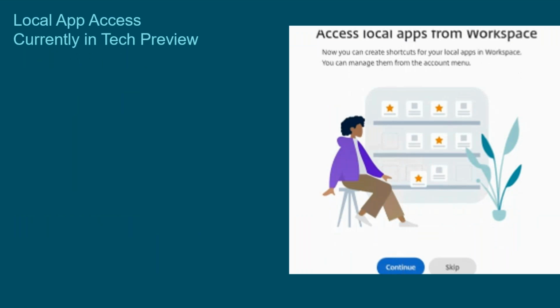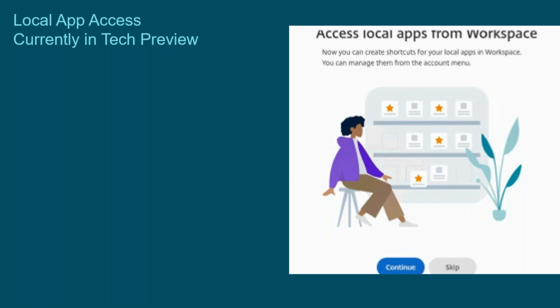Okay, great stuff. So finally, jumping across to talk about local app access. Local app access is currently in tech preview, and I think it's something that's really cool. It's one of my favorites that's come out over the last 3 to 6 months. It gives us the ability to pull applications installed on the physical machine into the Citrix workspace. That way our end users are able to truly consume all their resources through that single pane of glass, whether that be their virtual applications, web applications, SaaS applications, mobile applications, and now even their locally